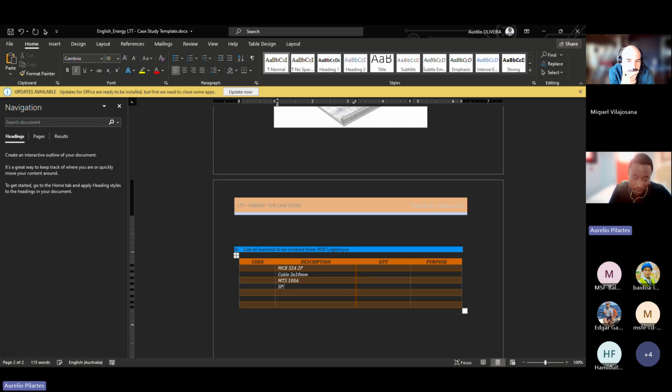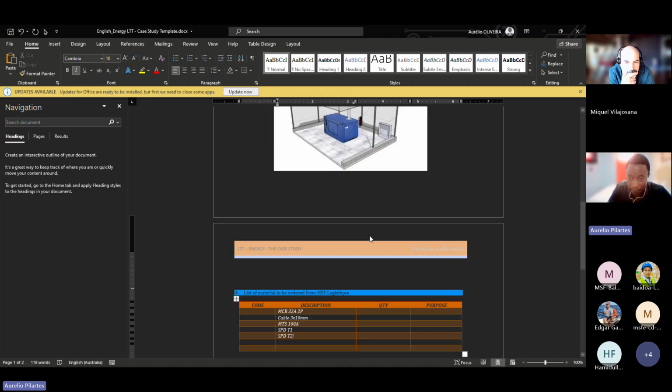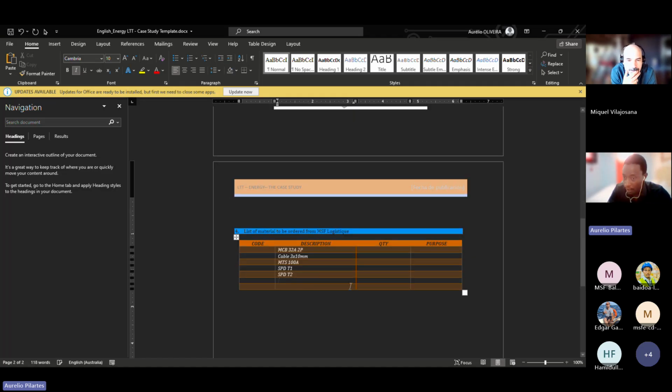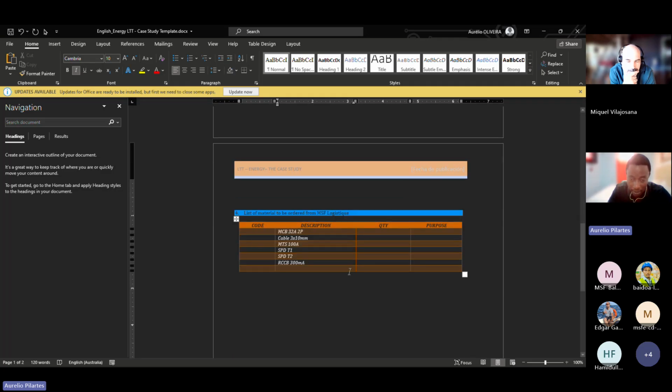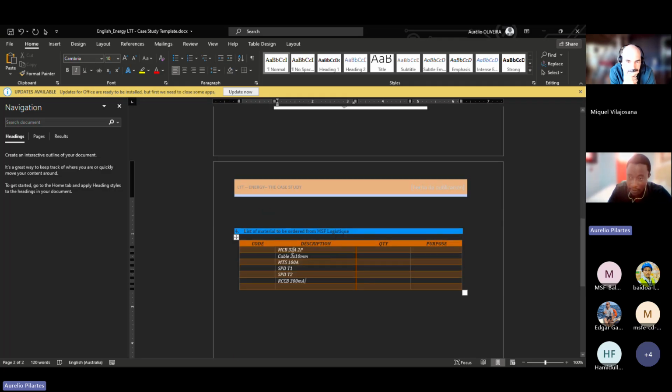And then you have MCBs, this first MCB is here. For the surge protective device, you will need one type 1 for the main distribution board, and then you will need surge protective device type 2 for other distribution boards, for the terminal distribution board. Apart from this one, you will need other circuit breakers. We will need our RCCB 300 milliamps to protect the whole installation against leakage.